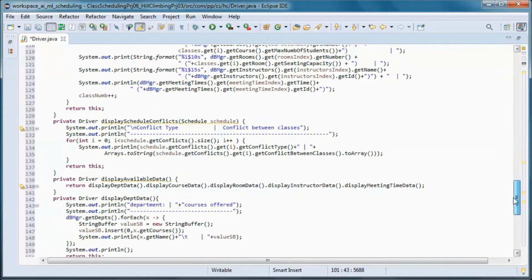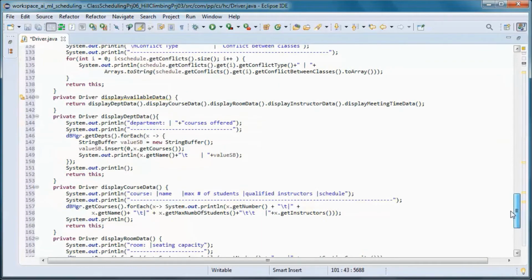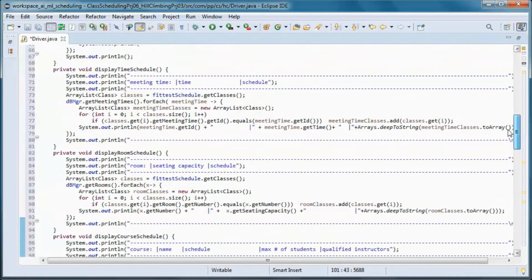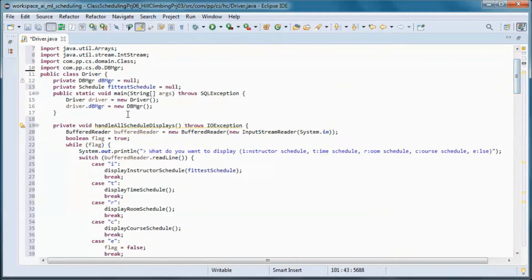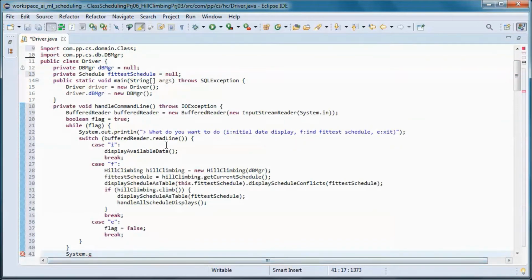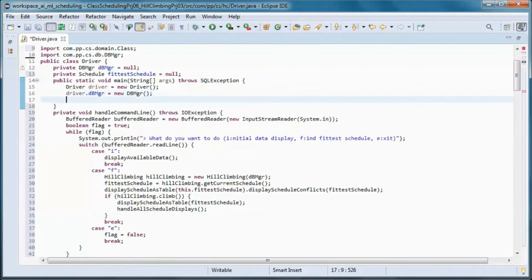And we'll have this method that handles command line selection by the user.